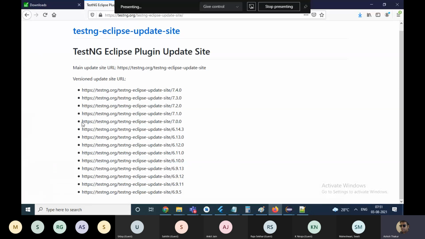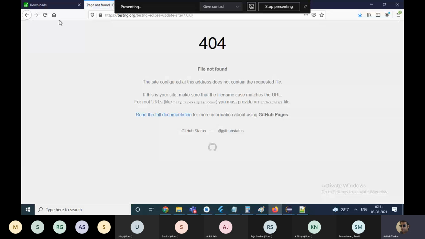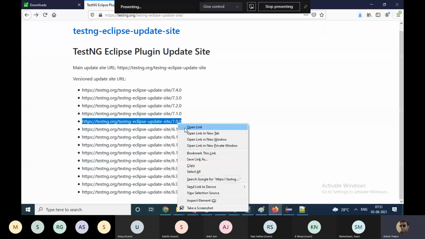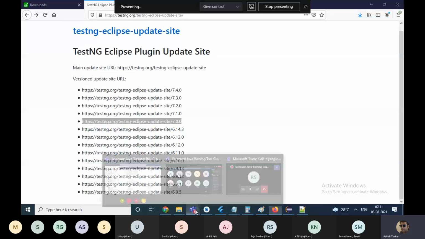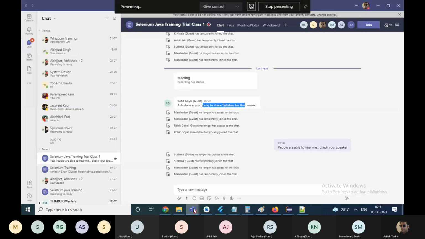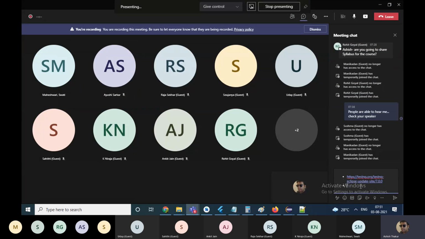Please install version 7 of TestNG. This is the most stable version. You don't have to open this link, I was just checking it out. I will give you the link on the chat as well.